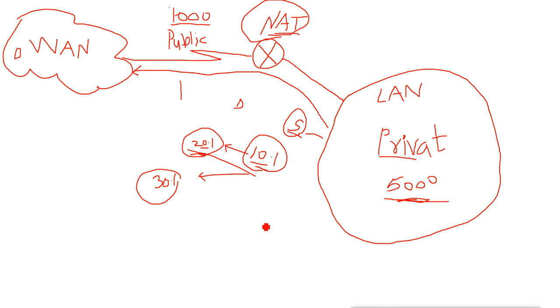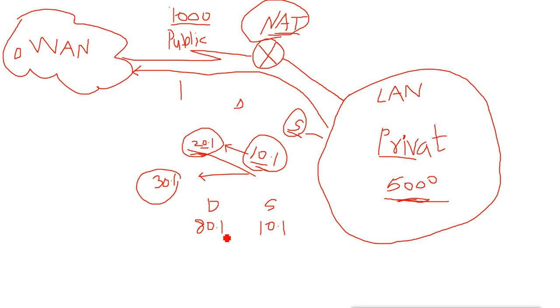That means suppose 10.1 comes. Suppose the source address is 10.1 and the destination is, let's say, 80.1. So we are accessing some server whose IP is 80.1.